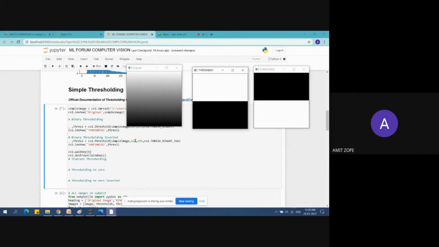Whatever the pixel value is less than 127, it has set to 255, and greater than that, it has set to 0. This is the inverse of the thresh binary.